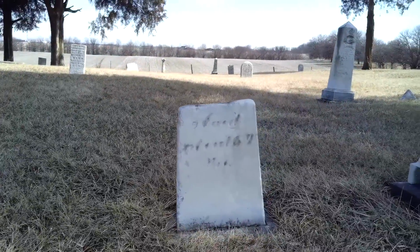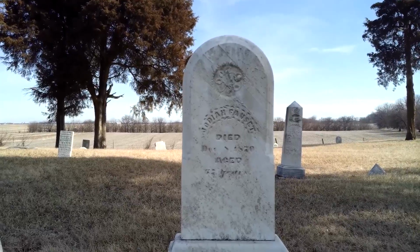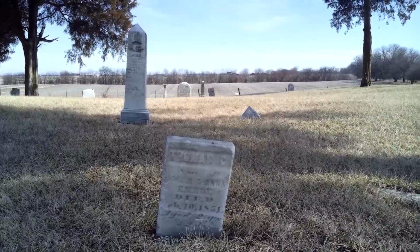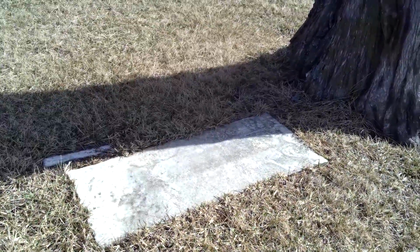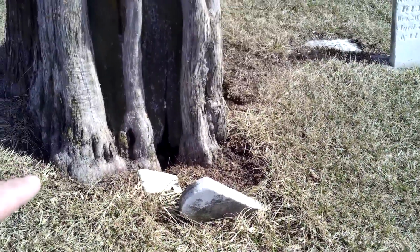First stone is broken with no name. Next stone, Jodiah. We'll get up in here to this Trumac. I believe that's a Mary. And then we've got this stone that has fallen completely on its face. The ground is still pretty frozen, and I don't have any equipment, or I'd try to flip it over. At the base of the tree here, we have what could be markers, but I'm going to stop there